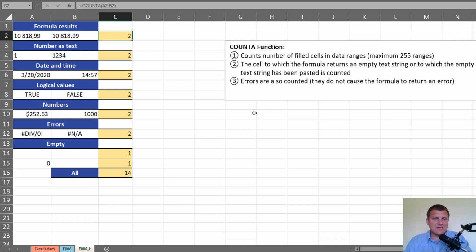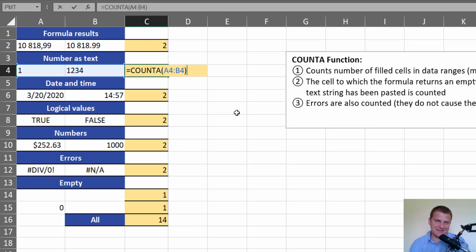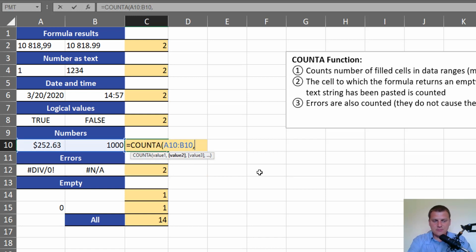Today we're gonna talk about the COUNTA function. What does she count? She counts almost everything. She counts formula results. She counts numbers written as text. She counts dates and times. She counts logical values. She counts numbers. She counts errors. And she counts even single number values that we put as an argument to the COUNTA function,